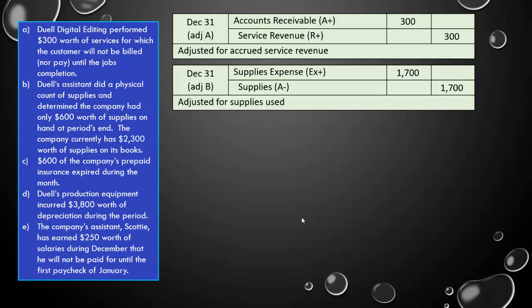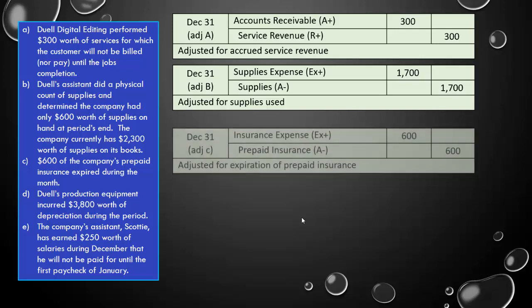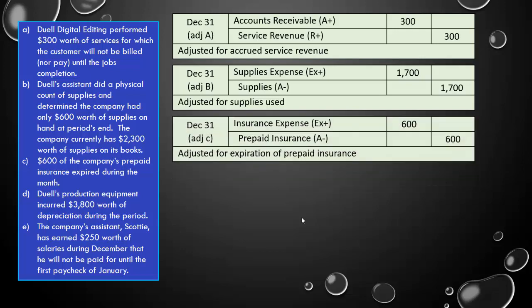In adjustment C, $600 of our prepaid insurance is expiring. Well, we can only record the portion of insurance that we paid for, which covers the actual month that we are making our adjustments for. So if $600 worth of insurance expired during December, we can only put $600 worth of insurance expense on our books in December. So on December 31st, in our third adjustment, we are going to debit insurance expense for the